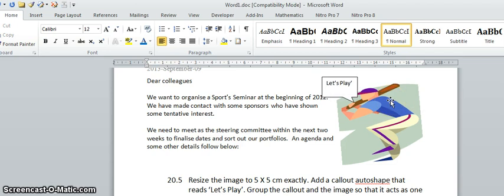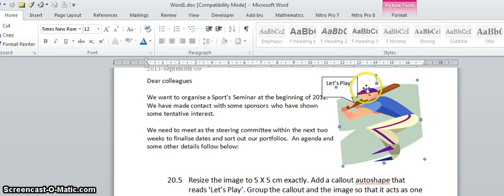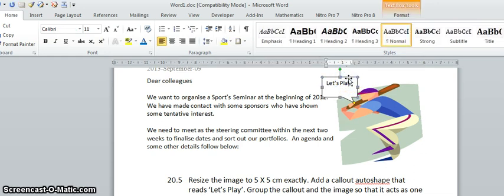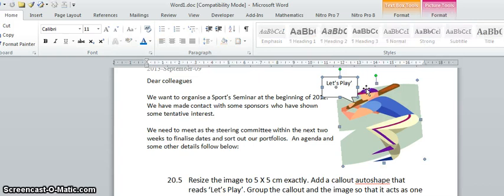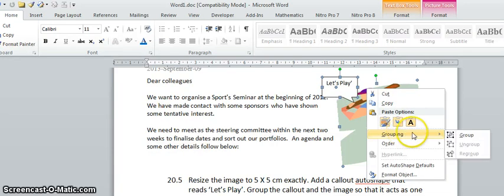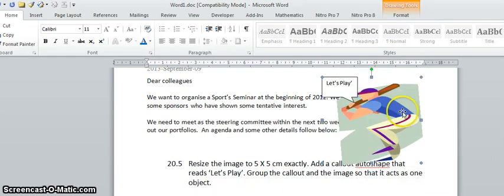Now grouping means that you need to select them both at the same time, but when I click that and then I click that, the other one gets unselected. To select both at the same time, you need to select the one and then select the other by holding shift down and pressing click. So select whichever one you want, and then select the other one holding shift down and a left click. Okay, don't move your mouse cursor or anything, just go to grouping and set a group,